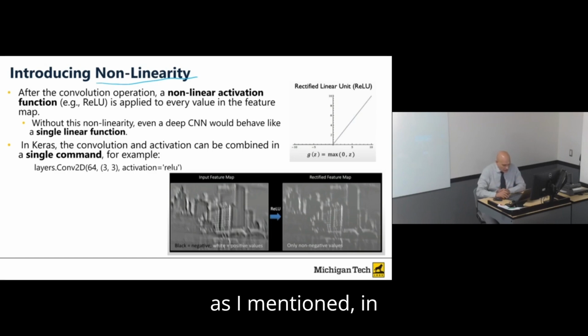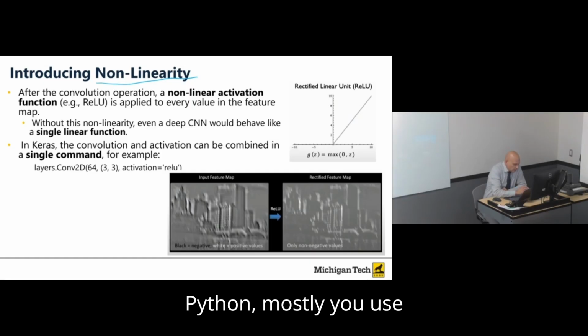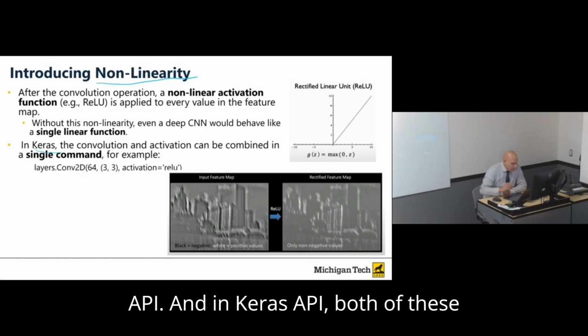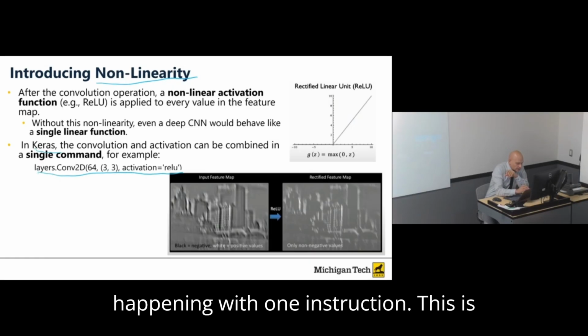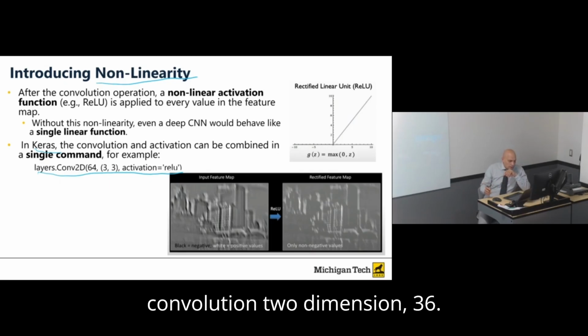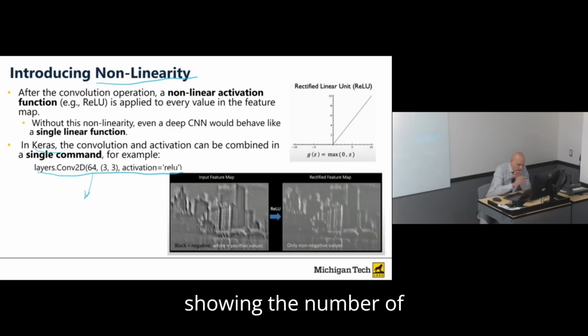But as I mentioned, in Python, mostly you use the Keras API, and in the Keras API, both of these happen with one instruction. This is the instruction that you can use: Convolution 2-dimension, 36, showing the number of